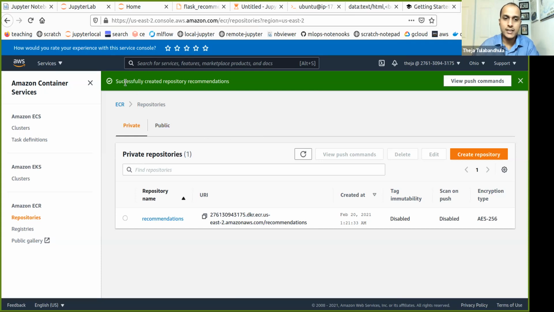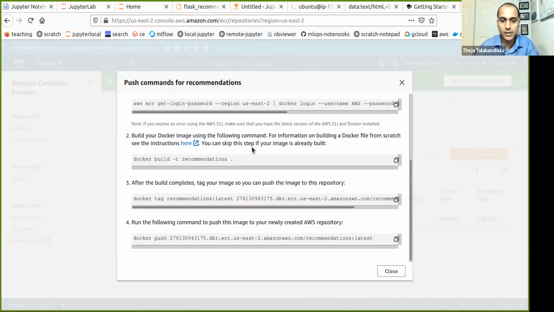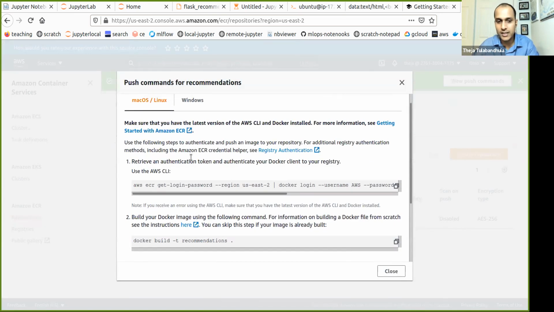You can see it says successfully created repository recommendations. And then if you click on the top, there's a green bar here, you'll see view push commands. If you click on that, it gives you, if you have a local repository, what you need to do. It also gives you commands for Windows as well as Linux. Anyway, we are going to try to push it from a Linux machine.